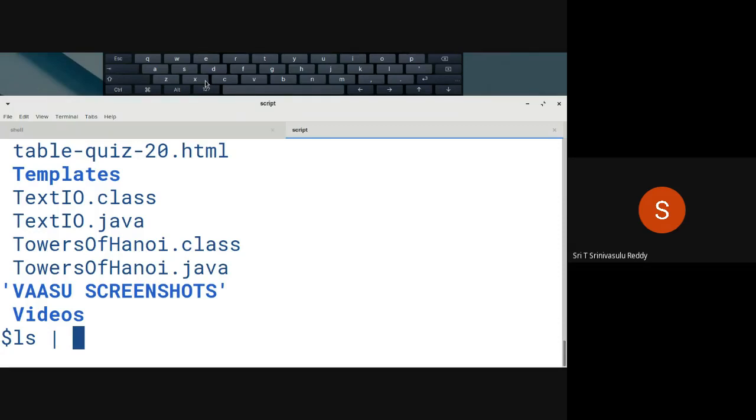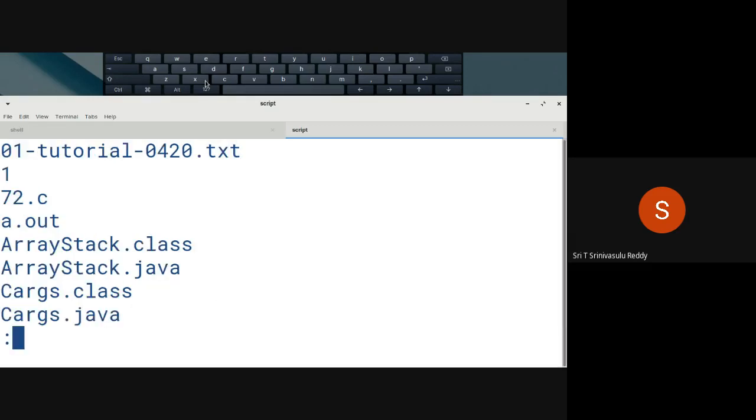So ls, a pipe symbol, followed by the command called less. The output of the ls is given to the less as the input, so that this less is going to display page by page. It doesn't scroll very quickly.